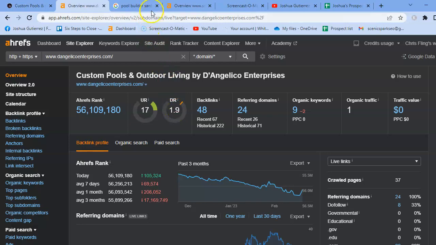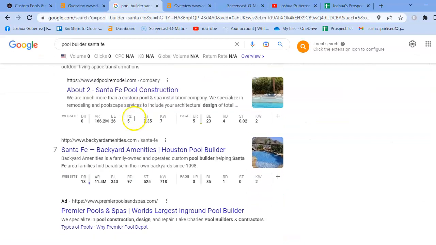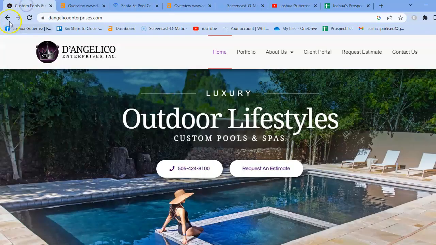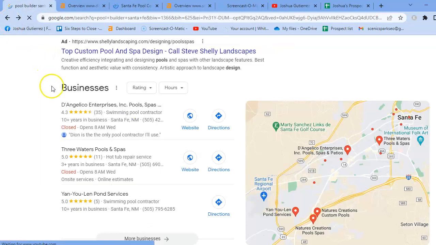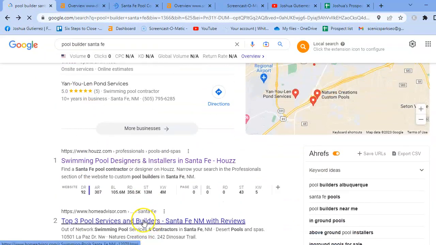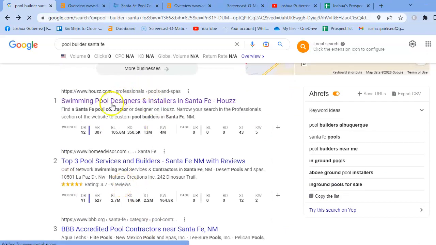Now, when we go over to your competitor, let's take a look at his website. His is Santa Fe Pool Construction, your competitor here. Let me explain this real quick. When you go back to the top, Houzz, HomeAdvisor, which we were talking about earlier, we can outrank them because they are not focused on SEO content.